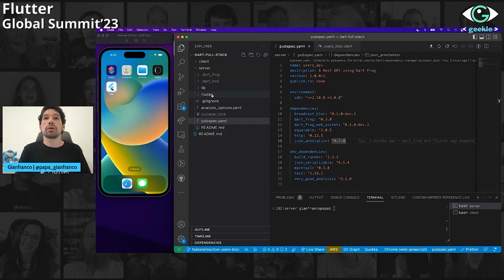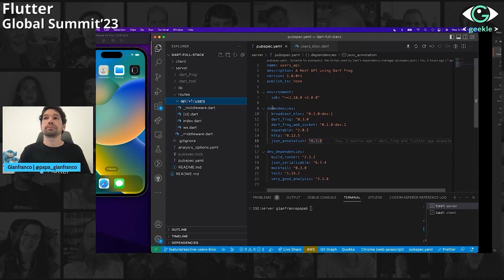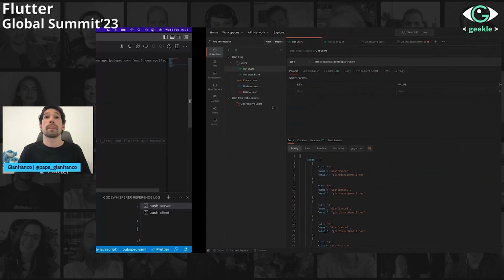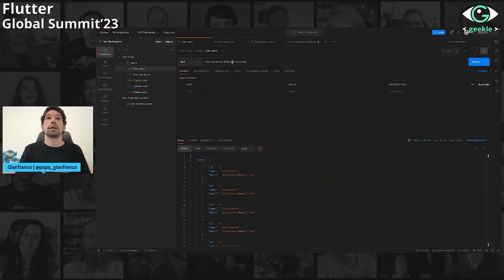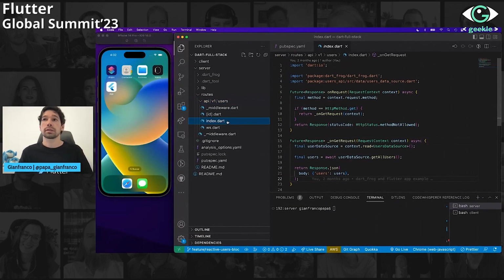And for example, one of the things that is really important is the routes folder. Here, we will be able to define our routes, and this will actually map into API endpoints. So here, for example, we have a structure where I put api, v1, and users, and this will be matched to an actual endpoint that will be, let me show in Postman, for example, localhost:8080/api/v1/users. Okay, so in here we will need to define an index file.